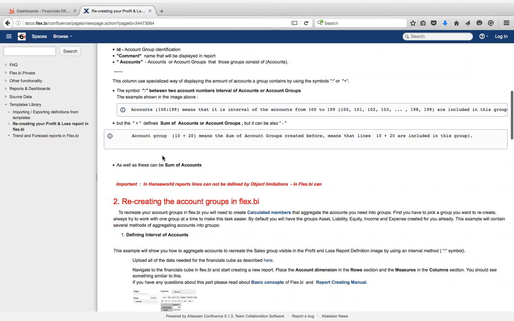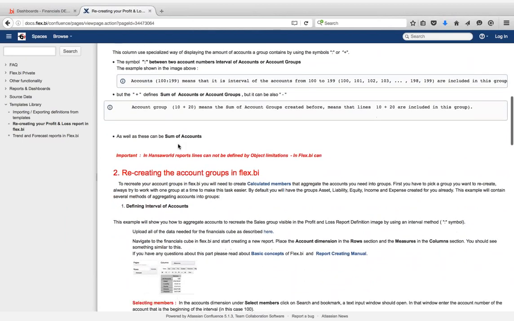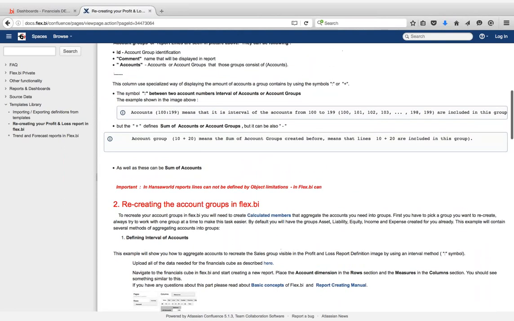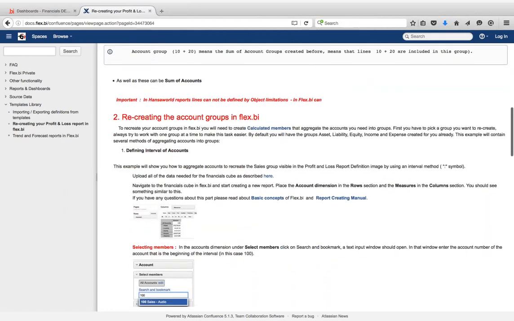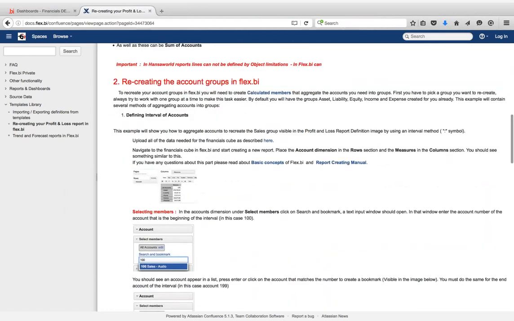There is also a description, which I already mentioned before, that there can be a sum of accounts and account groups, and also there can be intervals. Intervals of accounts means that it's from one account until another one. So it uses these two points, and then you put the beginning of the interval and the end of the interval. So if we try to recreate the same thing in Flex.bi, the first thing is